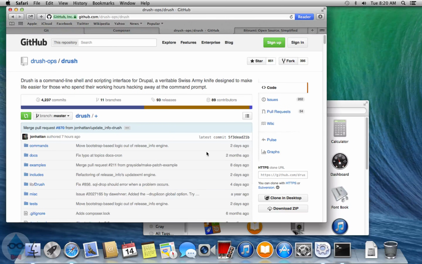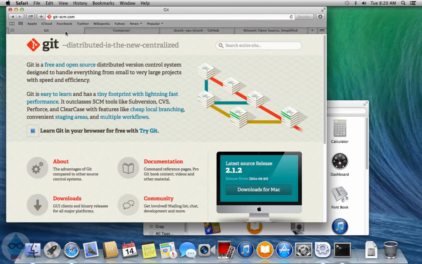This is a brand new Mac. I've just set it up clean. So let's go through the process here. So first, we're going to install Git. If you already have Git installed for some reason, if you've done this before, then you don't need to reinstall